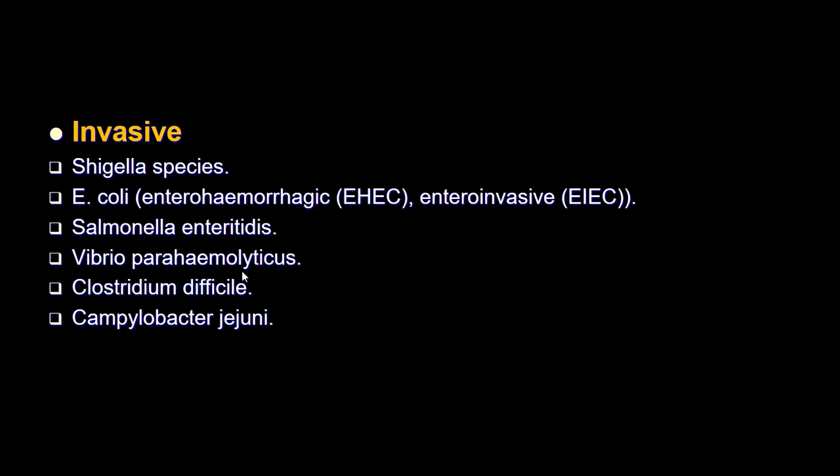Vibrio parahemolyticus is another bacteria that is associated with invasion to the gastrointestinal tract. Salmonella, then enteritidis, and then